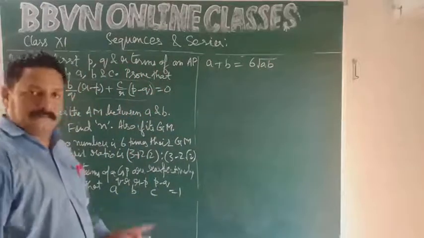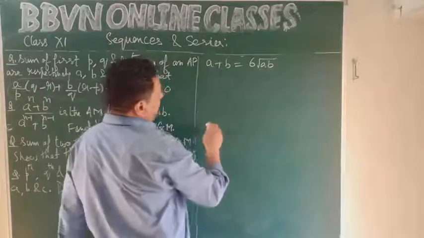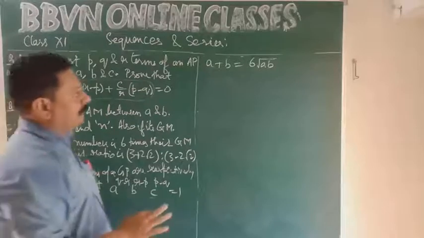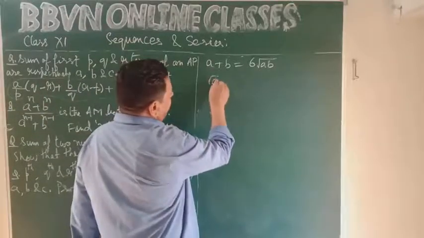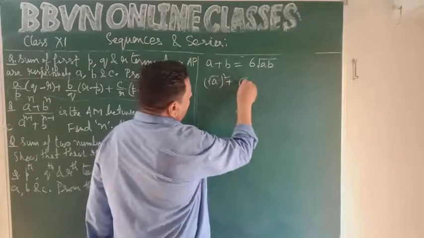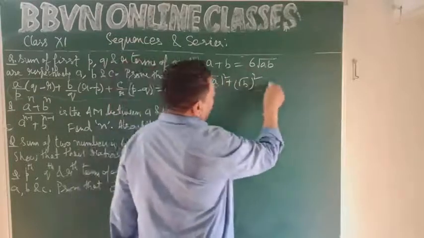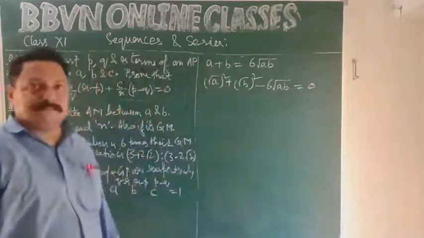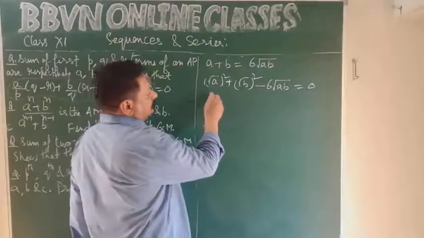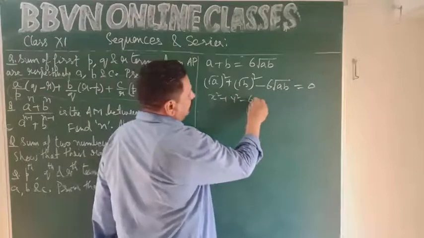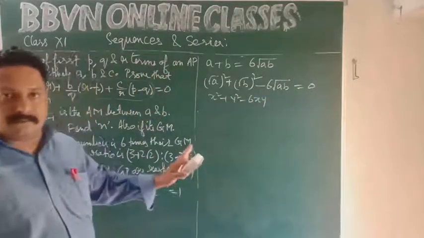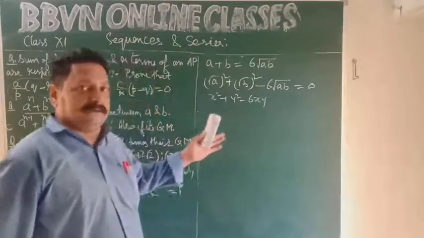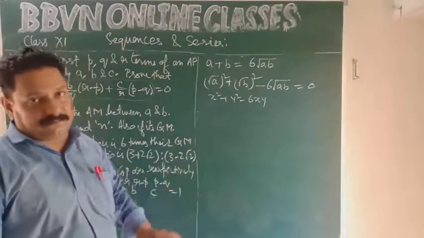Okay, clear? Now let's do one thing. We have to find the ratio between the two numbers, ratio between a and b. So I can do one thing, a can be written as under root a whole square, b is under root b whole square. Bring this to the left side, minus 6 under root ab is equal to 0. So let under root a is x, so this is in the form x square plus y square minus 6xy. Are you getting it? So we can do one thing, this can be taken as a quadratic expression. We can convert it in terms of quadratic expression.